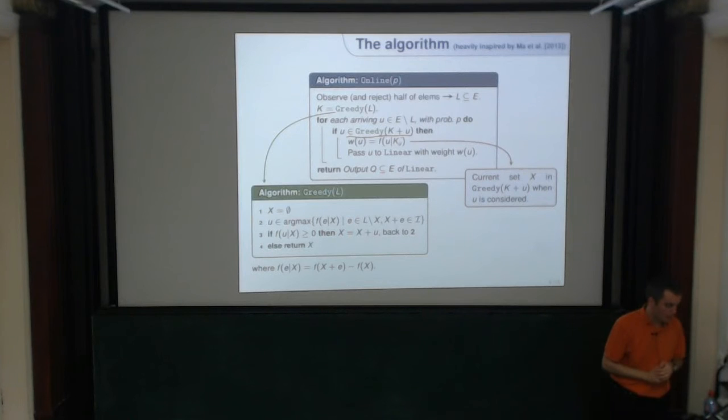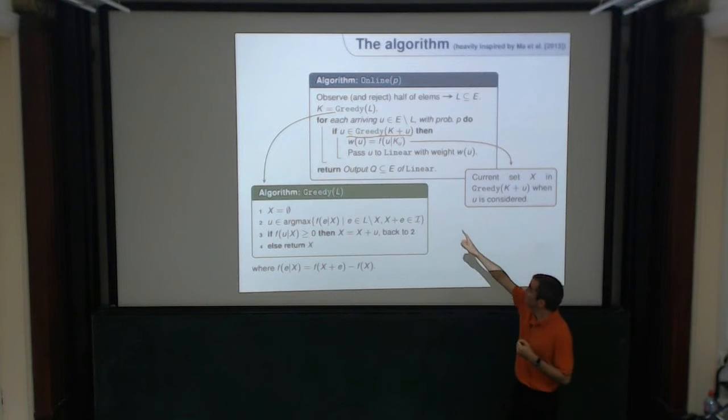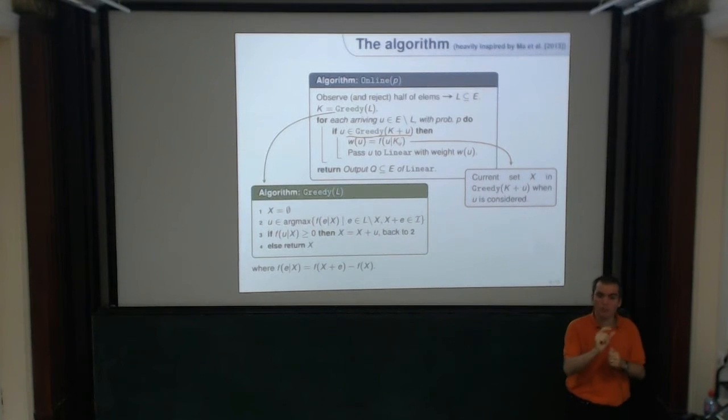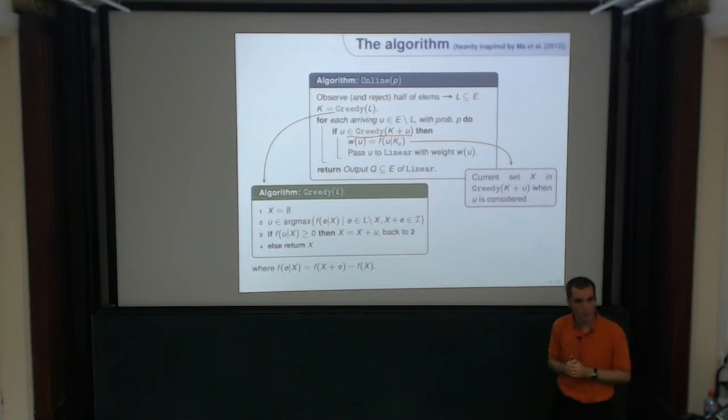then I consider it, and I define a weight for that element. Its weight w(u) is the weight that you get if you look at the greedy algorithm at the moment when it would have added u. At this moment, u has a certain marginal return, and I declare this marginal return to be the weight of that element. Then I pass the element to the linear algorithm in a black box way. The linear algorithm may then select the element or not. That's what happens, and I simply output whatever the linear algorithm outputs to me.